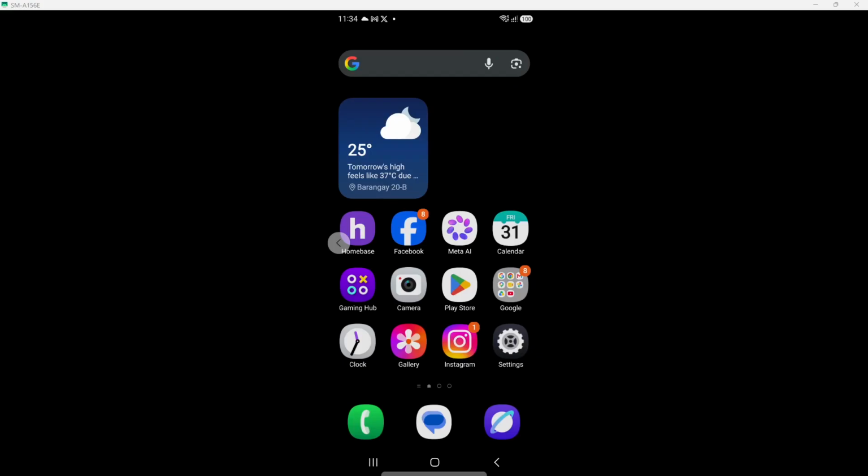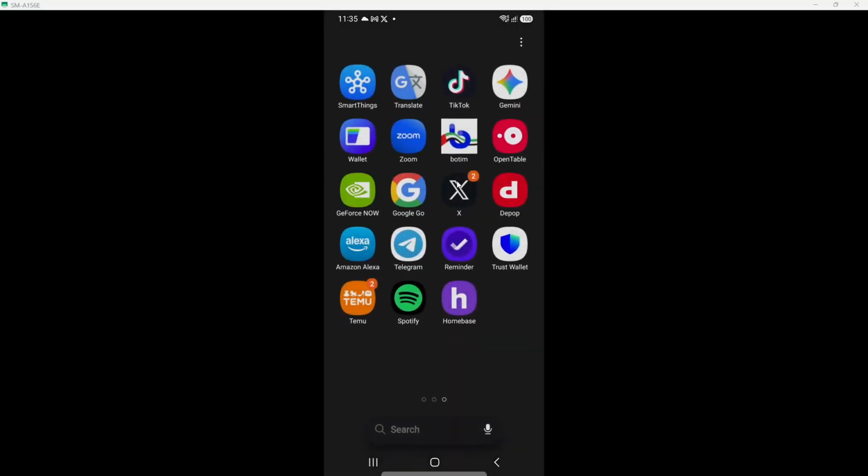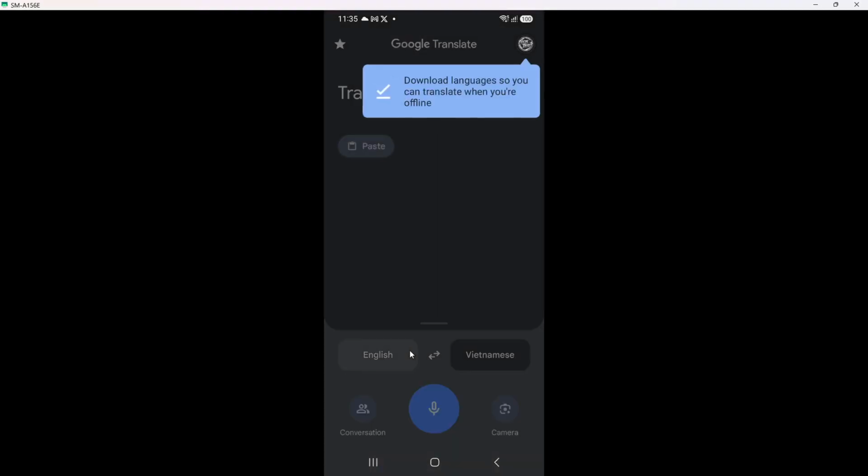In today's video, I'm going to teach you how to download French on Google Translate. So first, open the Google Translate app on your Android phone or your iPhone. When it opens, you should see two language boxes at the top, one on the left for the source language and one on the right for the target language, along with a big text area below where translations usually appear.